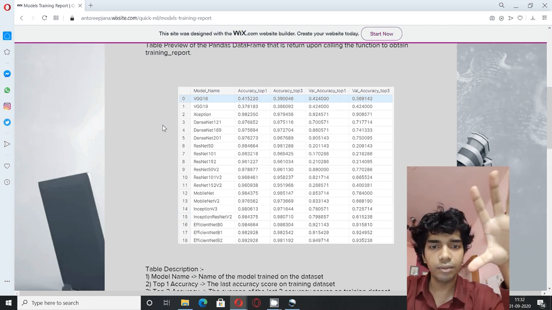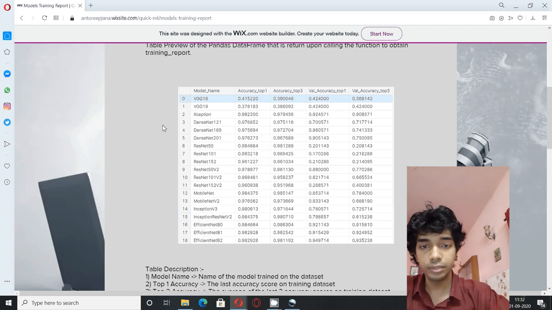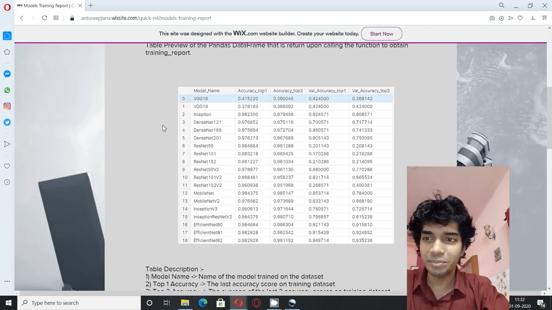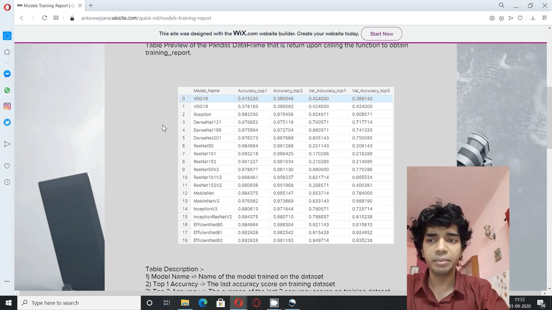How does the table help you? You can train 24 models. You see, it can train more than 24 models. And that's terrific, man. What do you expect more? So you can train 24 models in a single go. And for that, it's hardly 2 or 3 lines. So it just simplifies your experimentation.